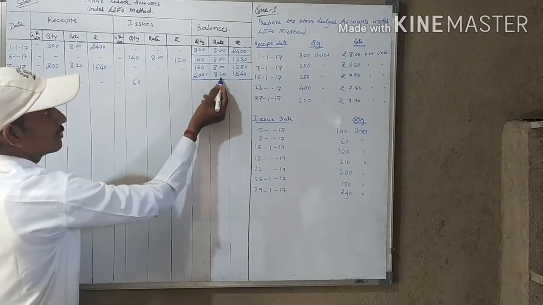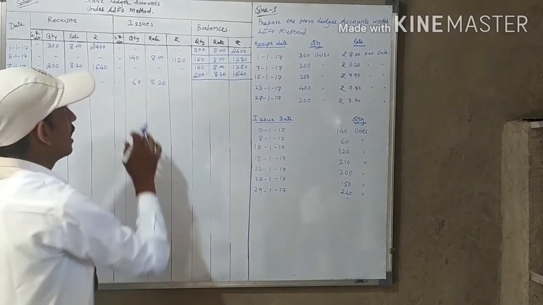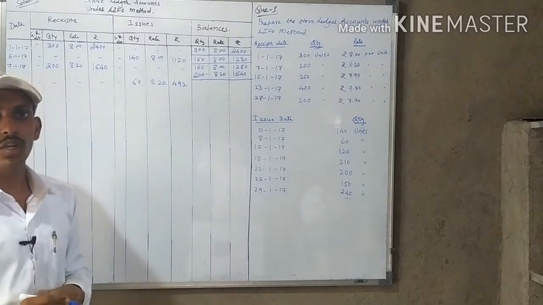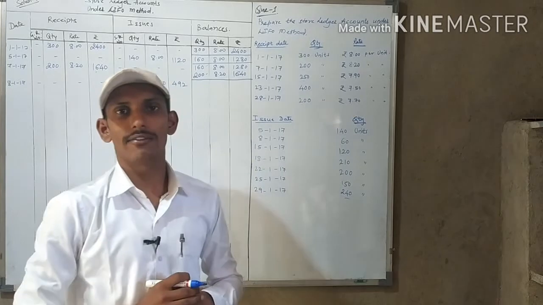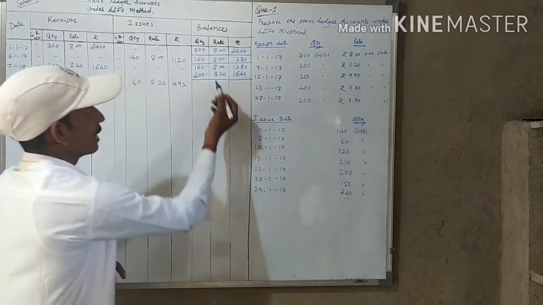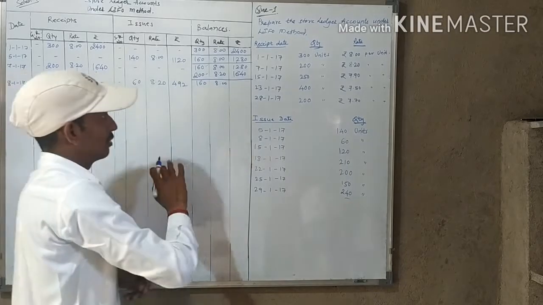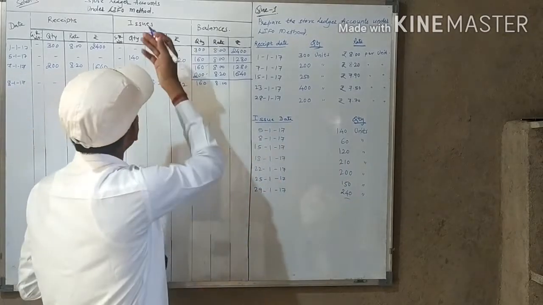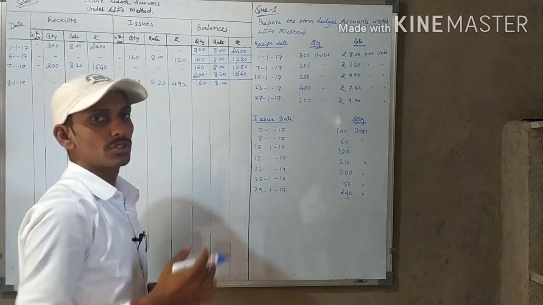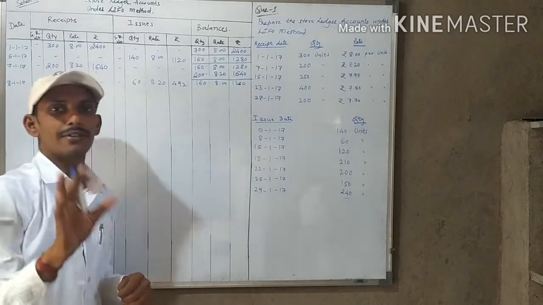What is the rate of those 60 units? 8.20. After calculating this you will get 492. Then the question arises, how much stock is available in the godown? So we have to find the value of closing stock. Earlier we purchased 160 units, and the same 160 units we have not sold. Why? Because the LIFO method is being followed. The last lot purchased was 200 units, and from that lot we issue. So these 160 units are available as they are.